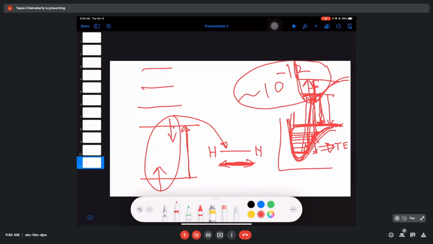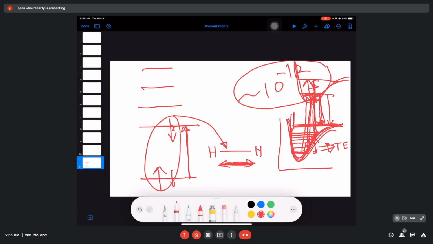But once you excite a molecule, since excitation typically takes place from an electron pair, it was like this, and it is going somewhere here, to this excited state. Then typically, because of this electronic excitation, there is a geometry change. This geometry change is universal for all types of molecules.